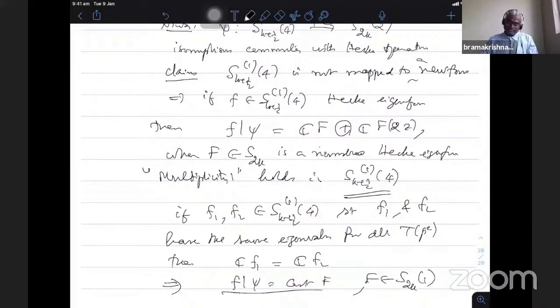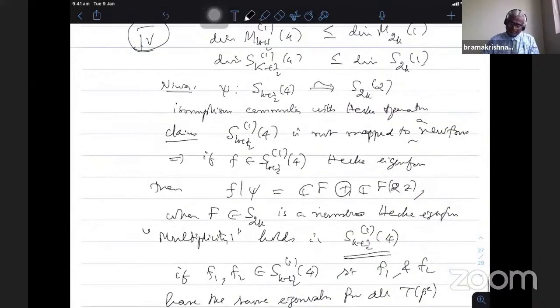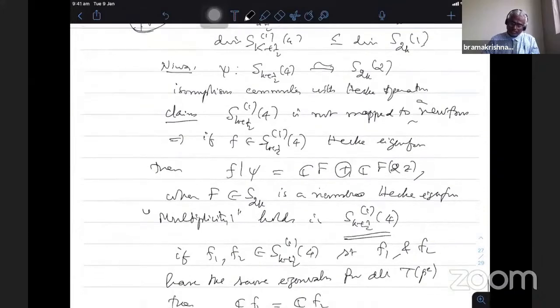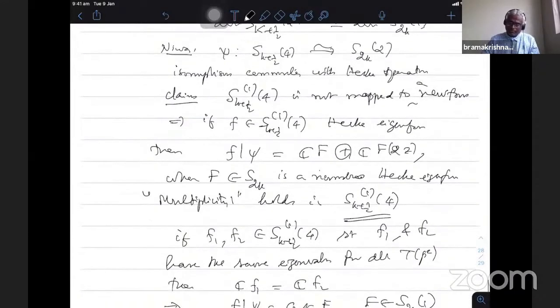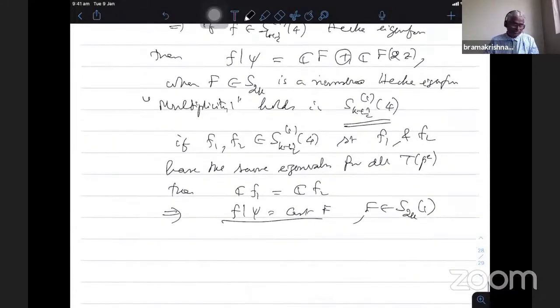So this is what it says. Okay, so you take an isomorphism. S_k^+(Γ0(4)), first of all, you prove that it's not a newform, and that means it belongs to the old class. And then once the old class has dimension 2, and you show that multiplicity 1 holds in the alpha 1 eigenspace, therefore it cannot be mapped in this particular direction. So it should be going to one of these things. In fact, it goes to the level 1 Hecke eigenform.